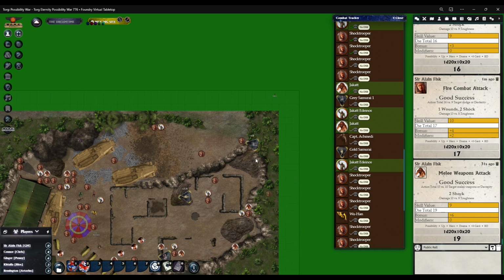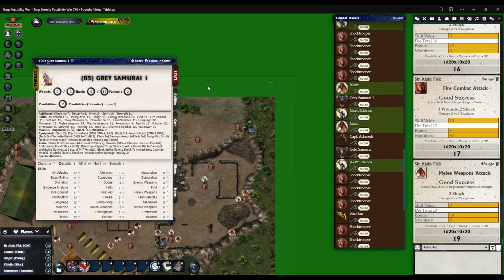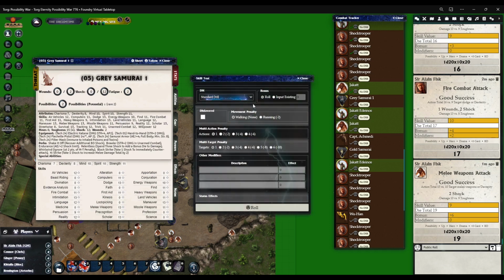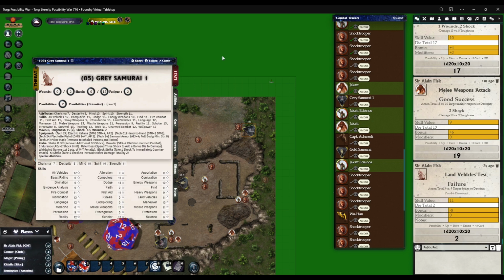Gray Samurai over here is going to try and run over this shock troop. So that would be a vehicle thing. How would I do this? He only really needs to make one roll if that's the case. It's considered a land vehicle, so land vehicle targets dodge or dexterity. It allows for it. Roll it. Let's see how it goes. 2. He missed. Uh-oh. Okay, so this one goes through 1, 2, 3, 4, 5, 6, 7,